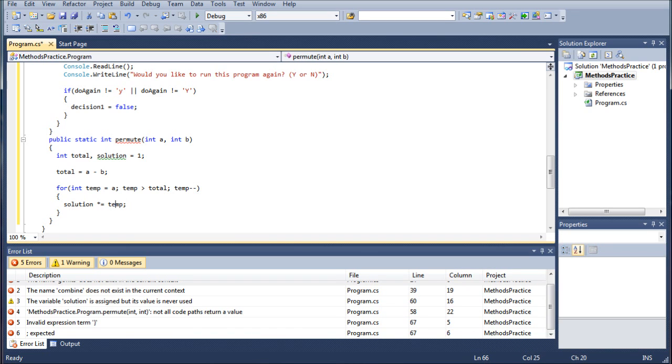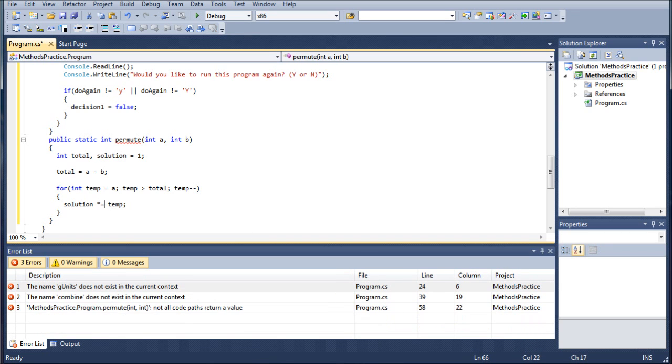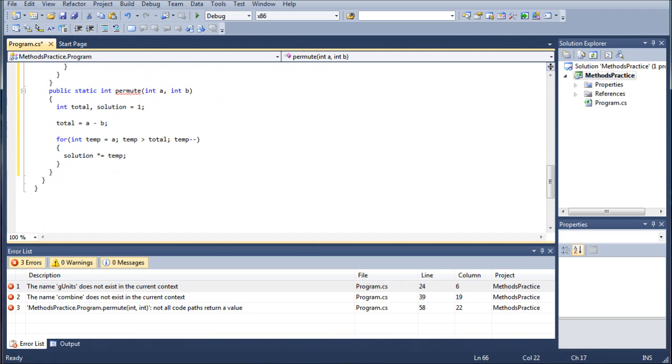And again, for those of you who are a little confused by this, solution times equals temp is the exact same thing as writing solution equals solution times temp. It saves you time in writing the code out, and it saves a little bit of confusion. So once we have that finished, we're going to go out of the for loop,